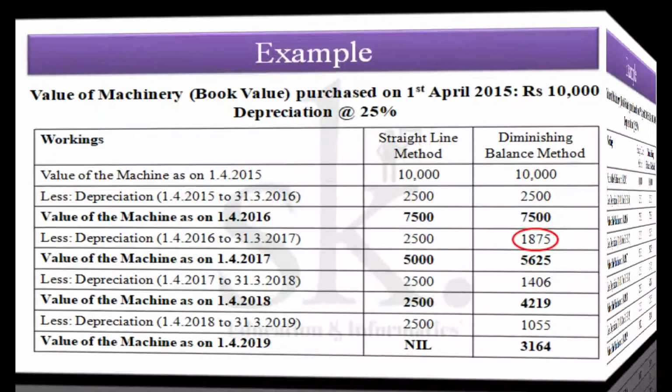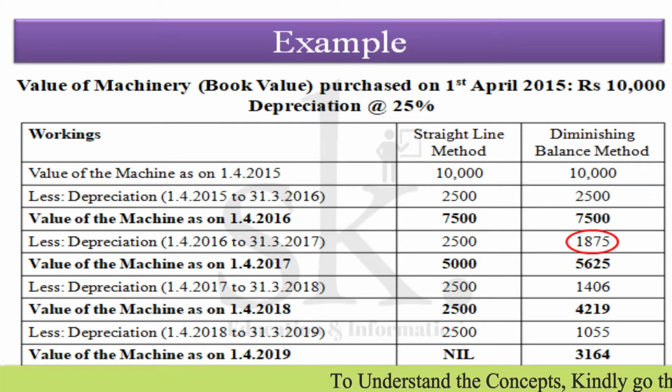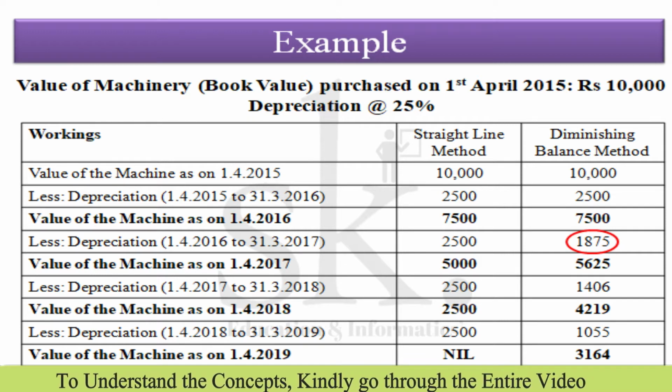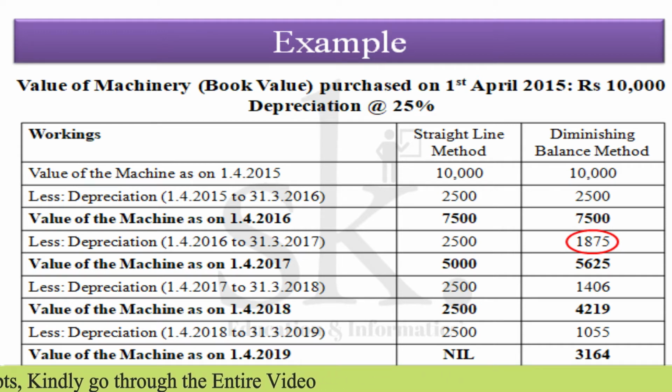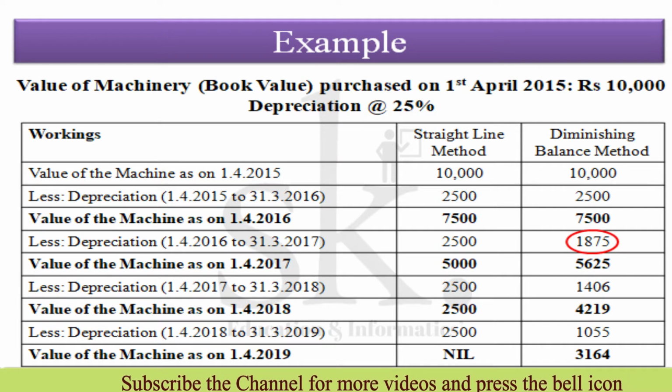Whereas in the case of the diminishing balance method, as we said, it is calculated on the WDV, that is the written down value. And the written down value for 1/4/2016 is 7,500. Therefore, for the next year, that is from 1/4/2016 to 31st of March 2017, depreciation will be calculated on 7,500 at the rate of 25%, which comes to 1,875, which means that the WDV of the asset as on 1/4/2017 is